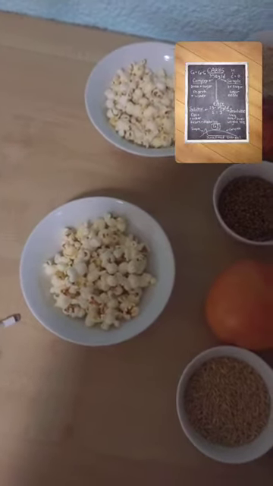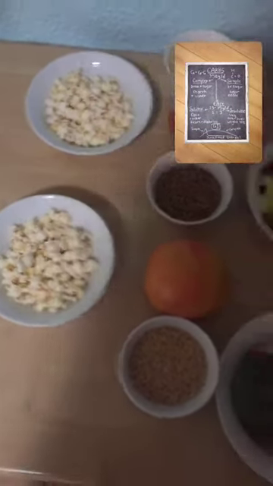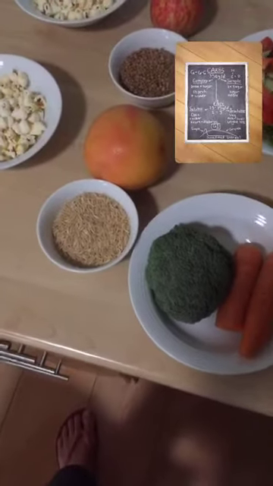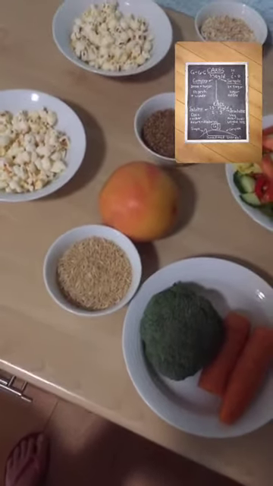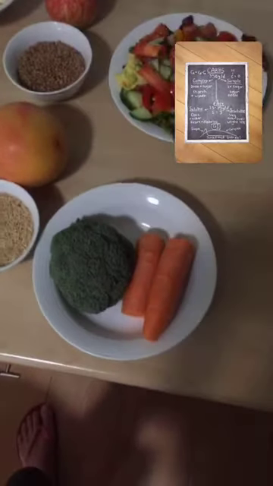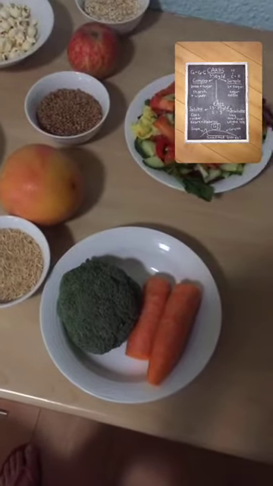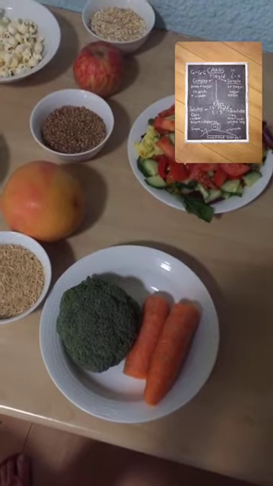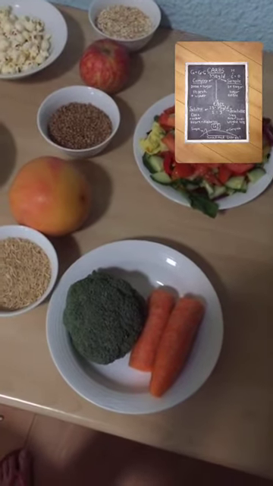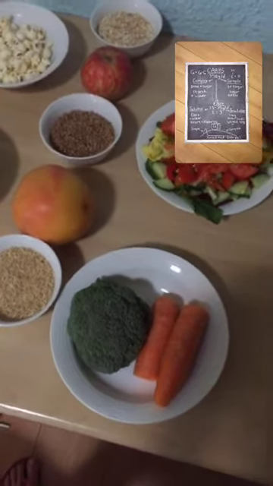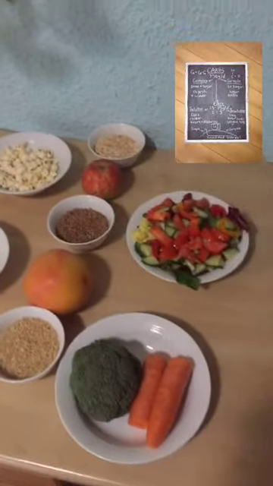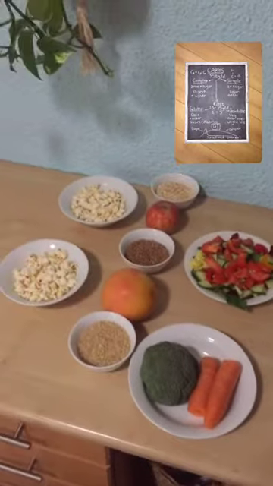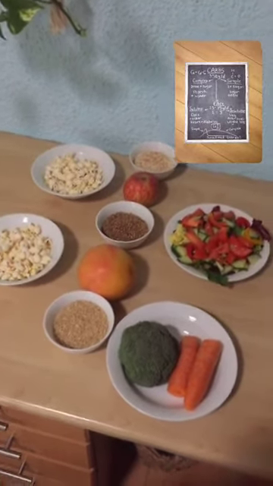which is complex insoluble. And then for dinner, half a cup of cooked brown rice, which is complex insoluble. And then your vegetables, I made it half a cup of cooked carrots and half a cup of broccoli, which is simple insoluble. So if you follow a diet plan similar to this,